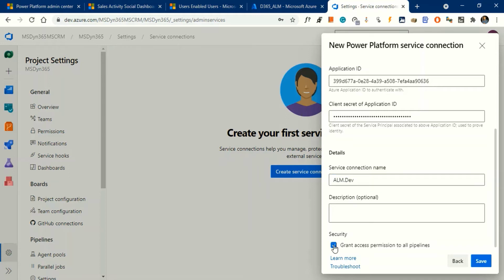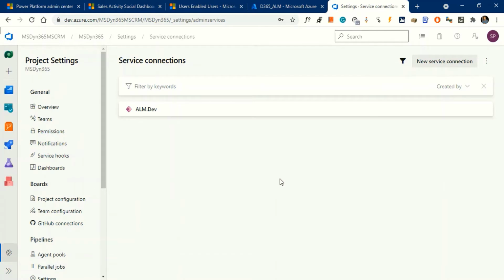Click on it, click on save. Now we have created the service connection for the dev environment, and we also need to create service connections for the rest of the environments. For that, click on service connection,